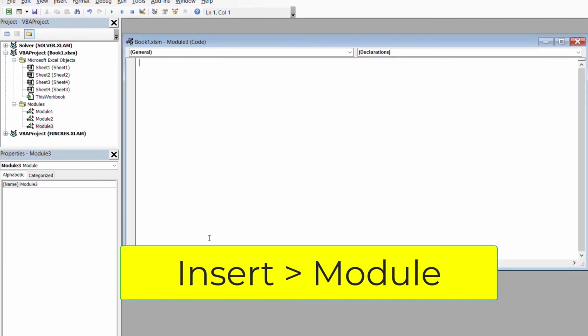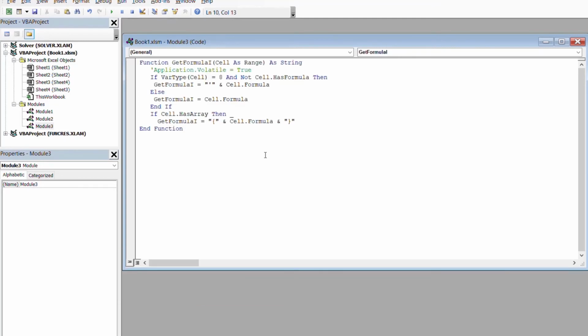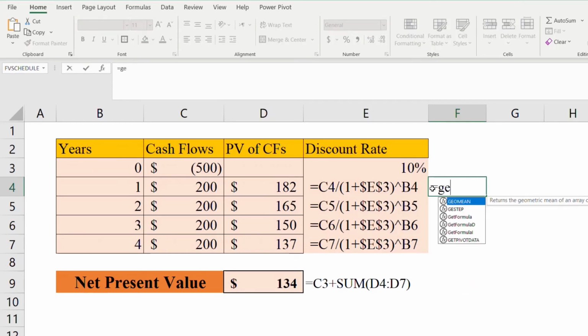In this module, we will copy a text. We will copy here this customized code and close these windows. Close. No need to save this, and then we can use GetFormula, equal to GetFormula